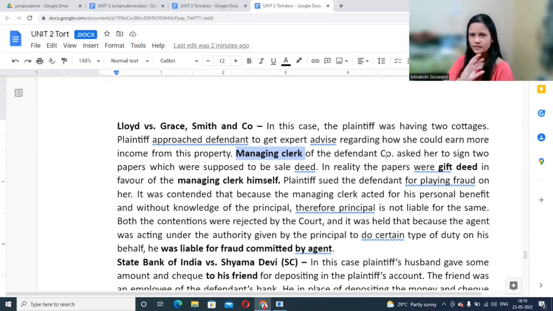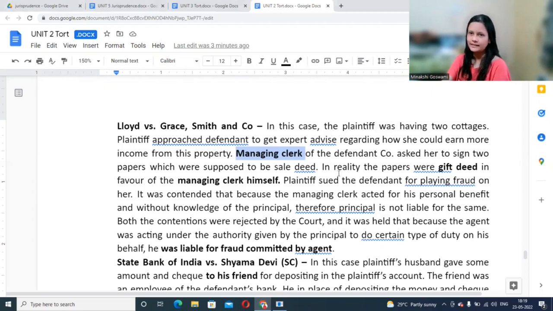Whatever is required to get the advice executed, you can do that. You don't need permission or approval from the owner, you can get it done yourself. The managing clerk was given that much authority. So the managing clerk of the defendant company asked the women to sign on 2 papers, and he made an impression